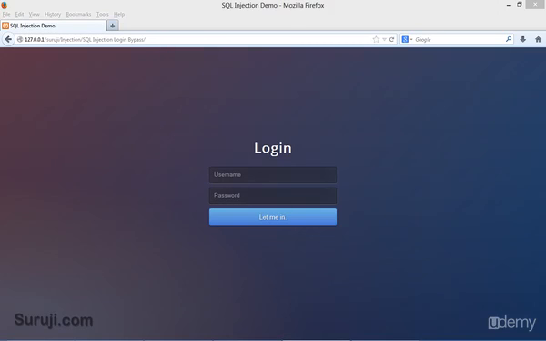In this video, we will be learning how to bypass a login page with the help of MySQL injection using a login query. So we made a small login script here, which is written in PHP. So let's move on and try to log in here. On the first step, I will type the username as admin and password as admin.